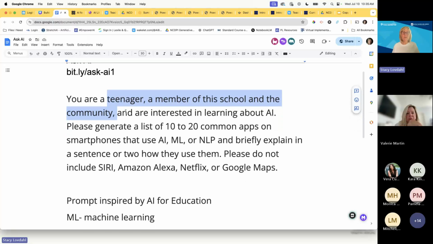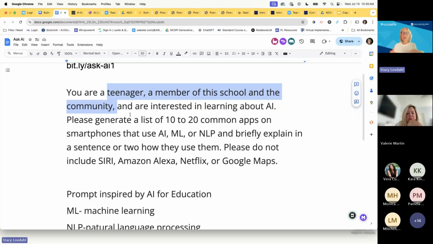Then, at their tables, they compared how Raina gave them their answers and whether they were all the same. We talked a little bit about the idea of temperature and how AIs are different than search engines. We had a little bit of a conversation about that. So we tried to pack a lot into this one class.